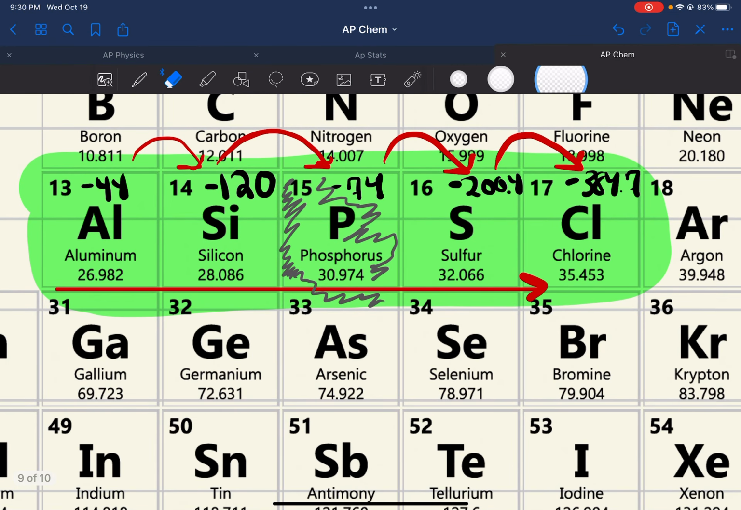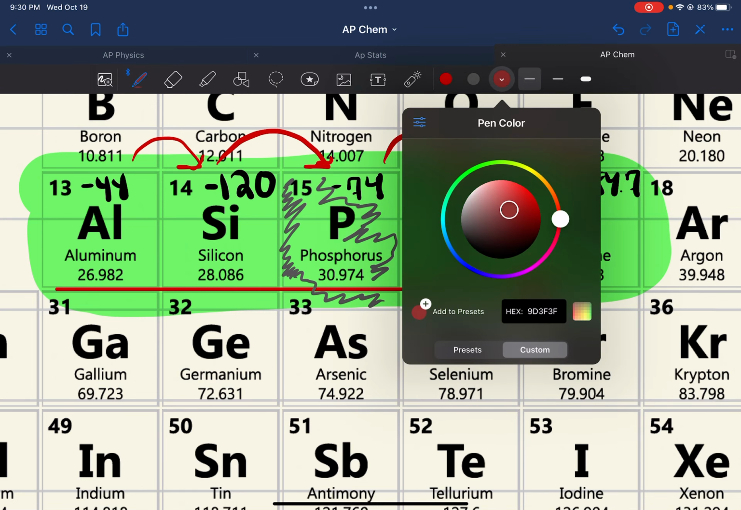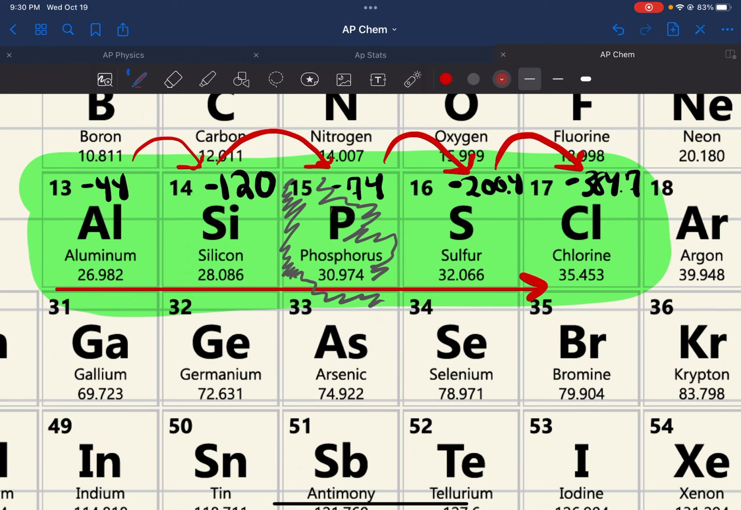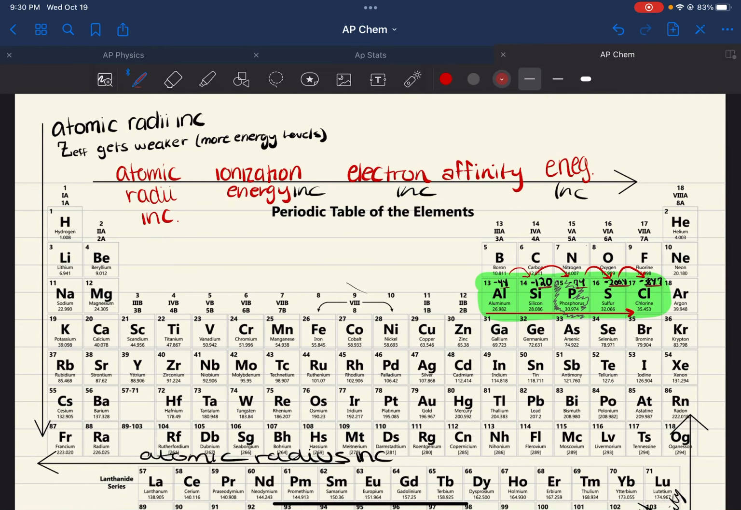But I want you guys to think about something. Generally speaking, it does make sense that the ionization energies are increasing, because you have to think about it like this. As you're moving from left to right, the atomic radius,